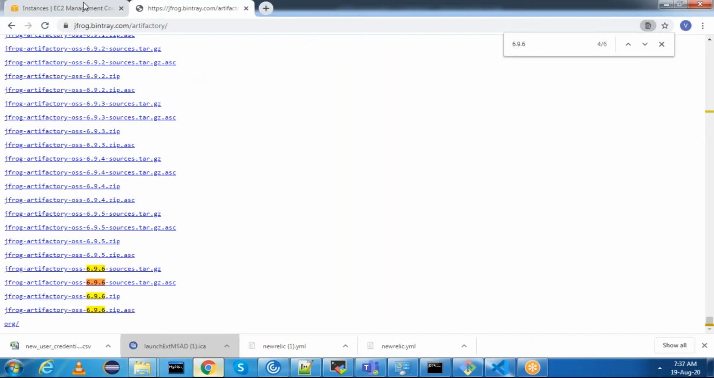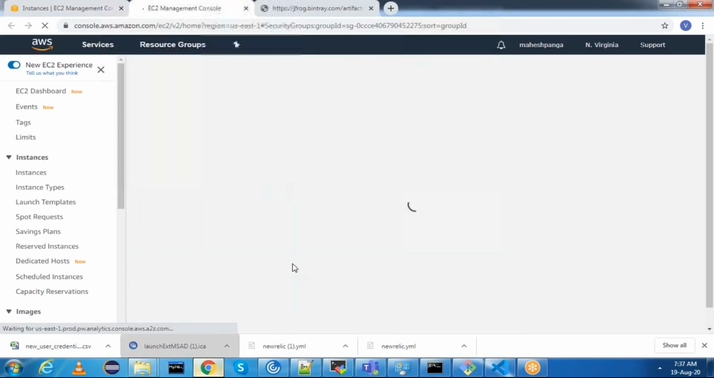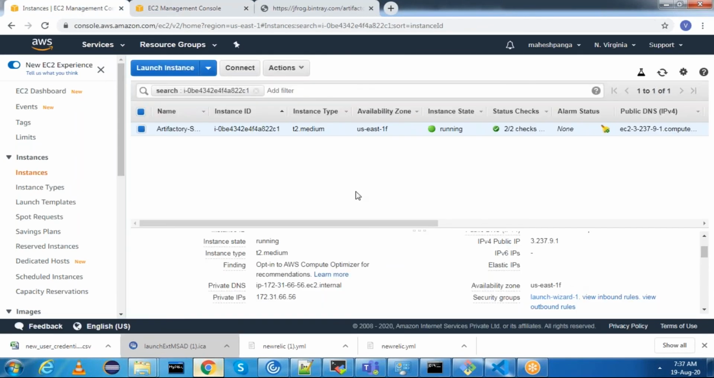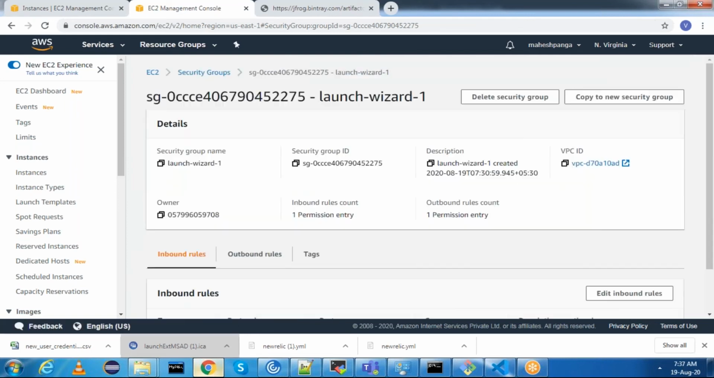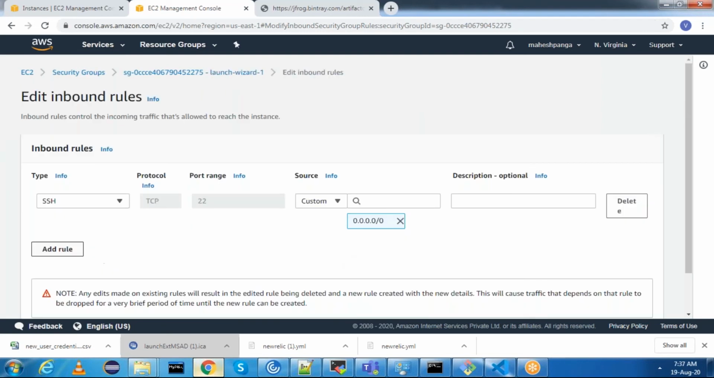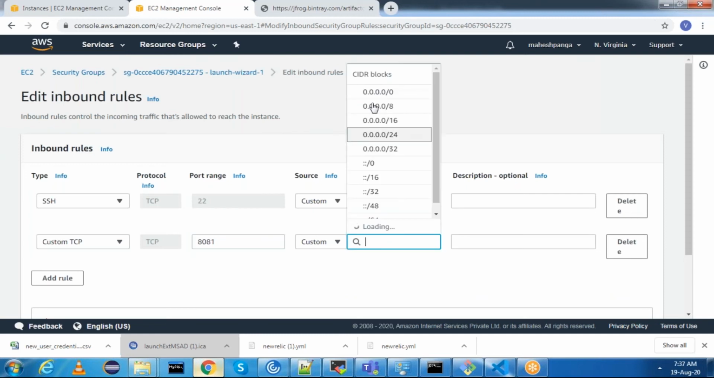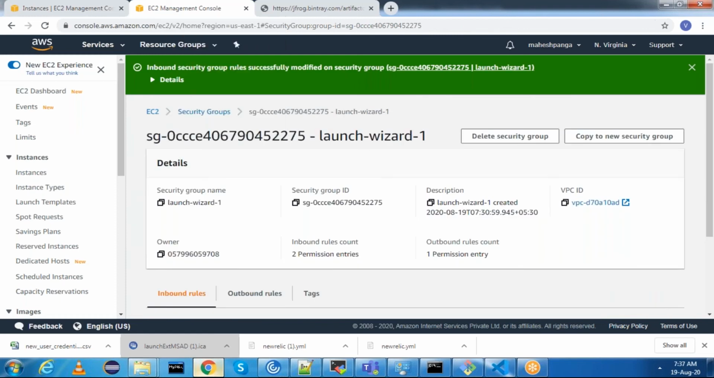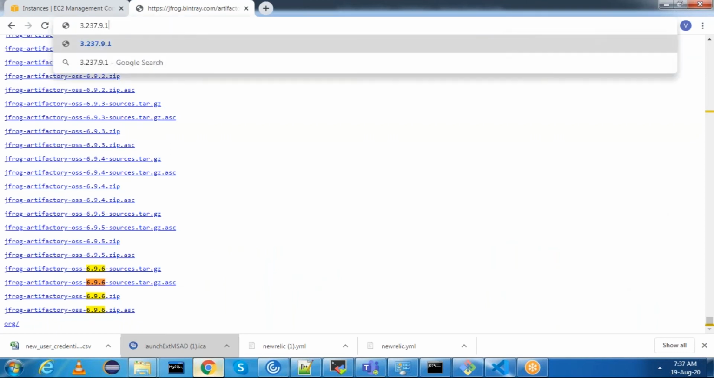This port is listening. Let us allow this port in the security group. Security group, allow 8081 port. Launch wizard 1. This is the security group ID. Edit inbound rules, add rule. You can add 8081 and CIDR block 0.0.0.0/0, save rules. Once you add the security group, copy the server IP and you can open server IP